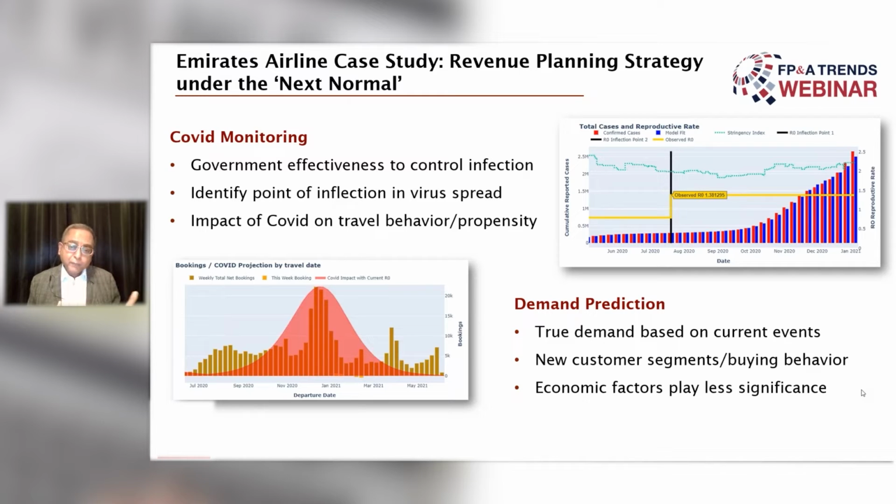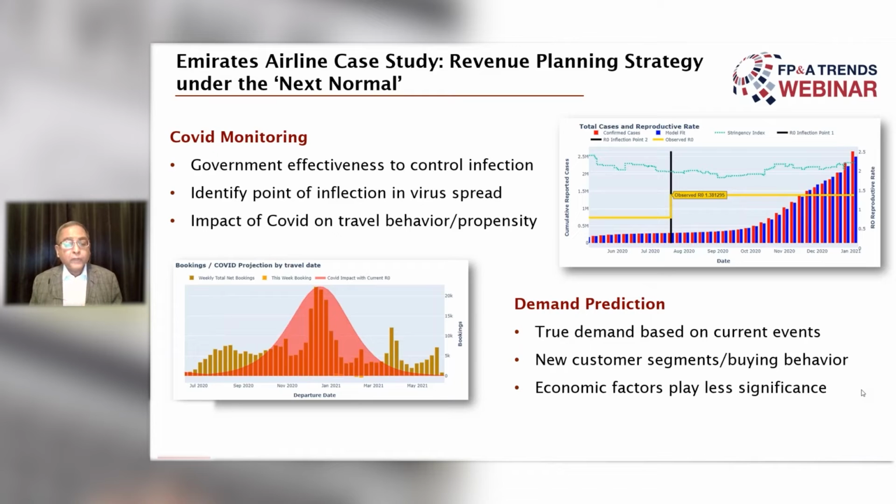At the early part of the pandemic, we saw that the willingness to pay was very high. So that was factored in. But at some point in time later on, that wasn't the case. People, when they started to feel more comfortable about the travel, the hygiene factor, the health factor, then the economic criteria was different. So all those parameters had to be understood and clearly set out in the algorithm. So the new segmentation, the new buying behavior, all these had to be understood very clearly.